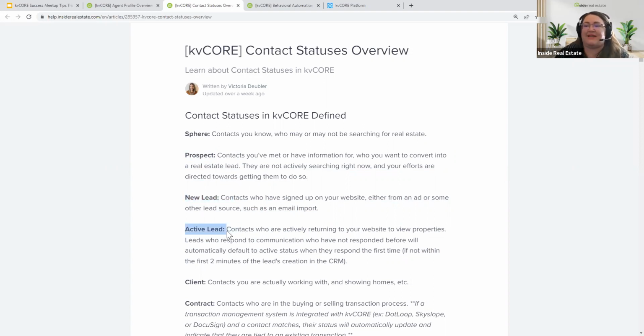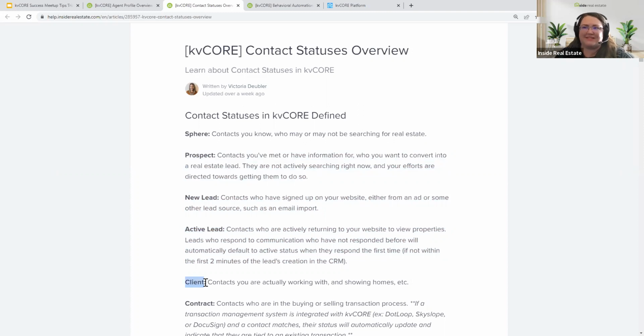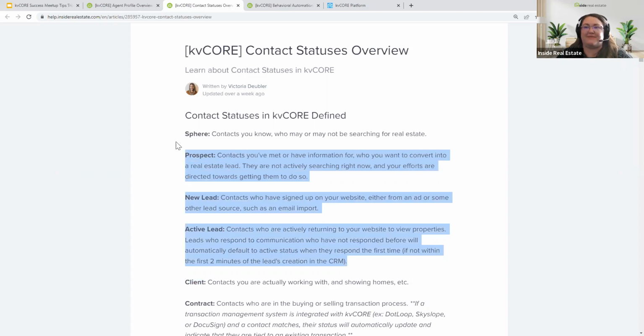And active leads, I know they're interested in real estate and they're talking to me. Not quite yet my client. I'm still building some trust. I'm still waiting for the timing to be right for them. So these are like my money making statuses. This is where my business is. This is the hard part. Once someone's a client, most of us can talk to our clients. But it's this piece of the puzzle. It's making sure I have time for these people while I'm taking care of my clients. So these are the statuses that are selected for you in daily call creation.